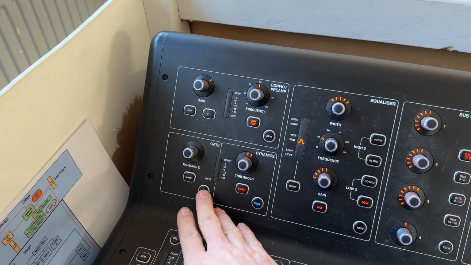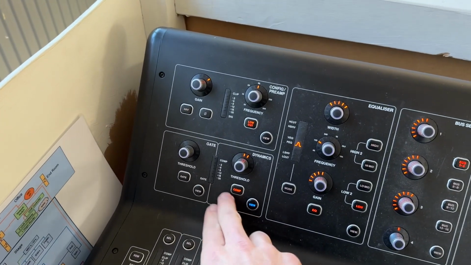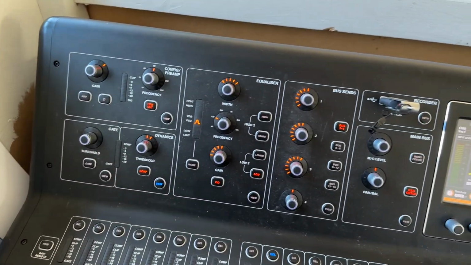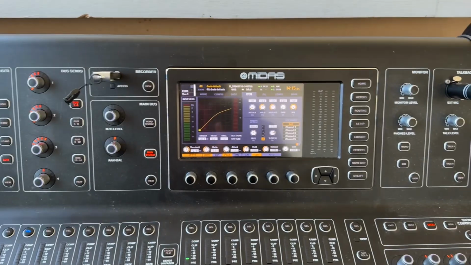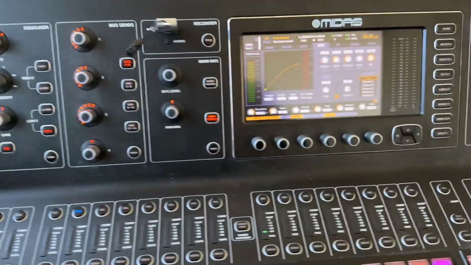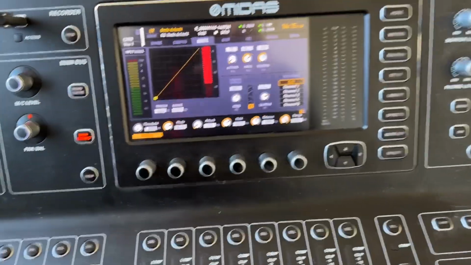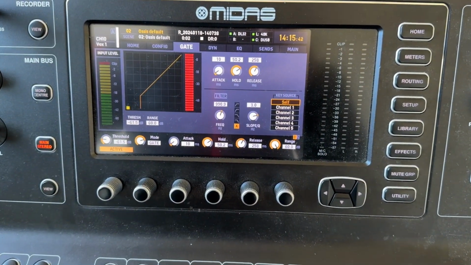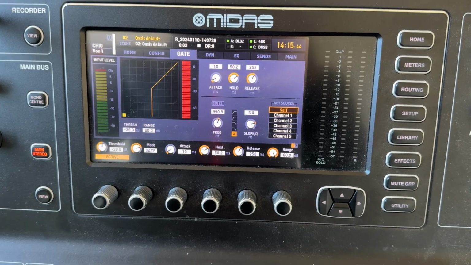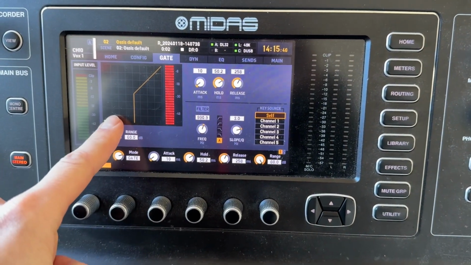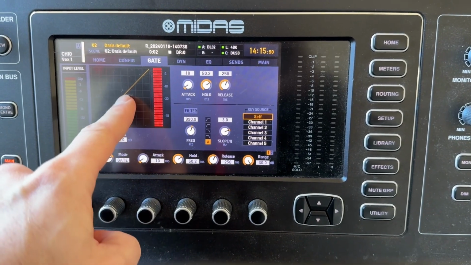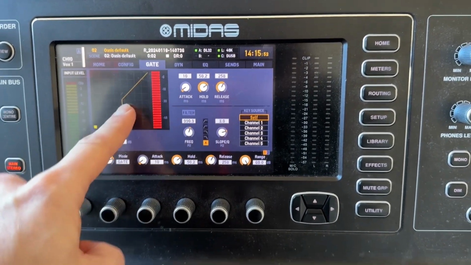The gate, maybe I've just used a bad analogy of telling you about closing the gate. The gate on this end is basically the same thing, but it's the other way. So it's at what point the volume can start coming in. If I was to turn this gate on, at the moment, the volume can come in as quiet as anything. If I move this gate up to here, that means I could be making sound at this level, but it's not yet coming through the mic being amplified until I hit this moment, and then it will allow the